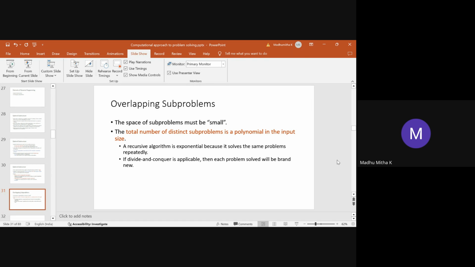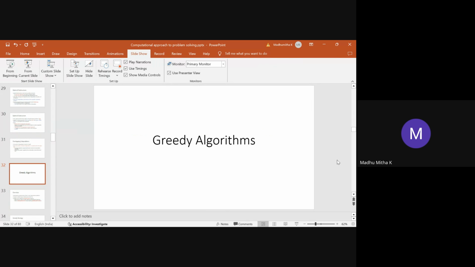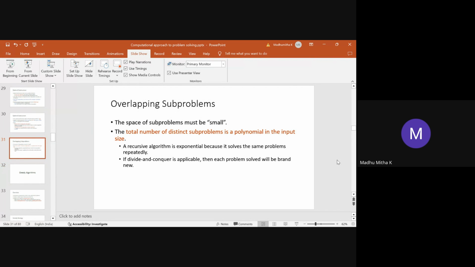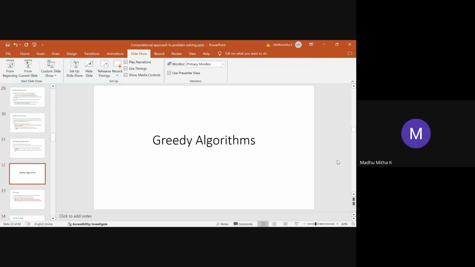So it can be solved in the same way, and the subproblems are smaller when compared to the other examples in this. So this is about the dynamic programming approach. So coming to the second approach, that is nothing but your greedy algorithm. So why we are using this greedy algorithm